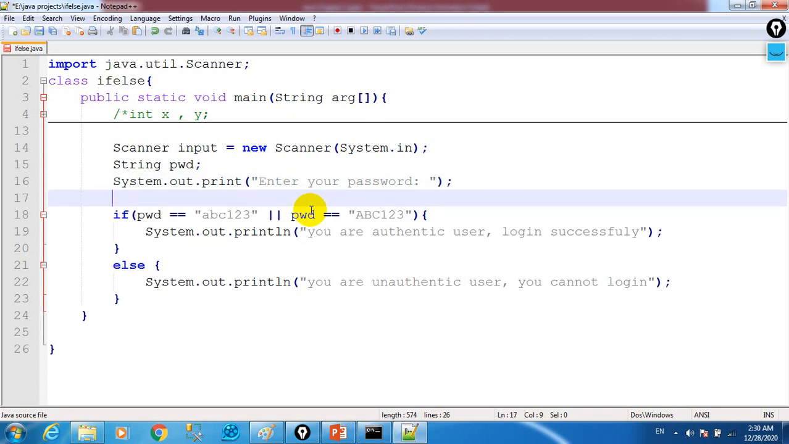So how will we enter? pwd is equal to input dot next. If we want to input a string value, we should just write input dot next. If you want to input an integer value, nextInt; nextFloat for float value, nextDouble for double value, nextShort for short, nextLong for long value. So here I want to insert the string value. pwd is a string variable, so I want to enter a value of string. So for string we are just writing next. Input dot next. Okay, so now when we are inputting this value, the value will then match with